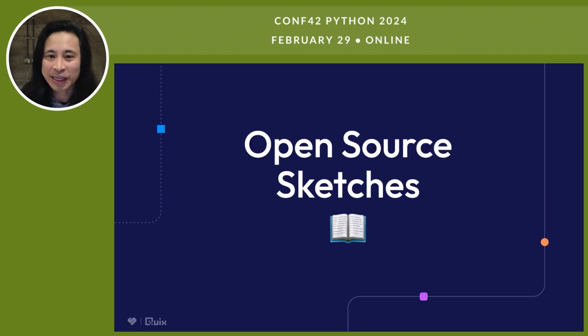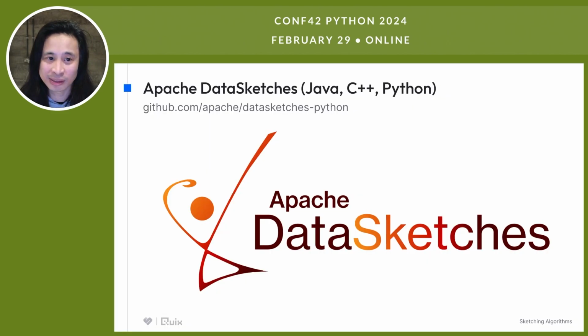So now that you know what sketches are, how they work, and how useful they are, how do you get started with them today? You're probably thinking, well, I need to implement them. It sounds like some complex statistics and math going on. Is there anything available in open source? Well, the good news is that such a project does exist. Please go and check out the Apache DataSketches project. It's available in Java, C++, and you'll be happy to know it's also available in Python.